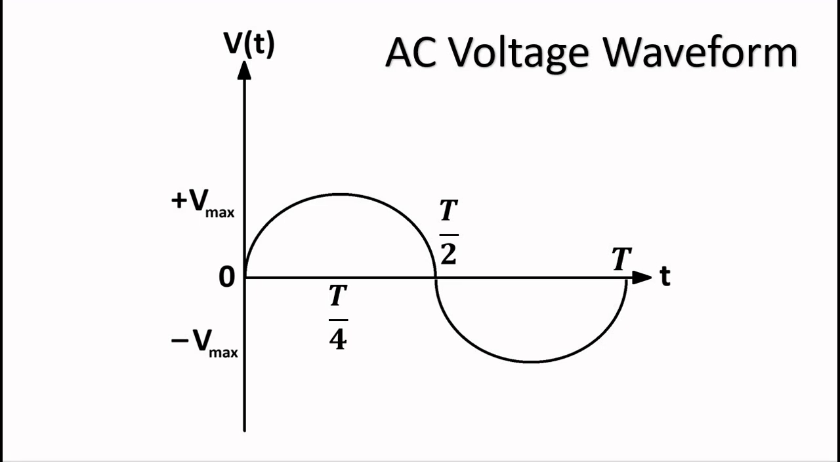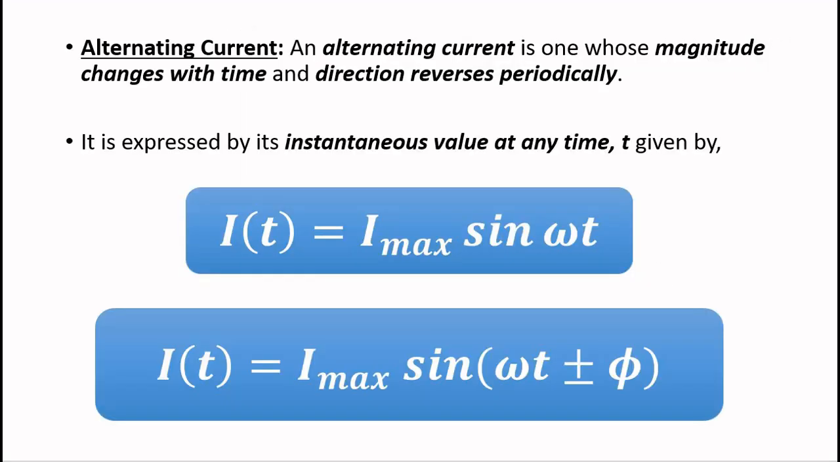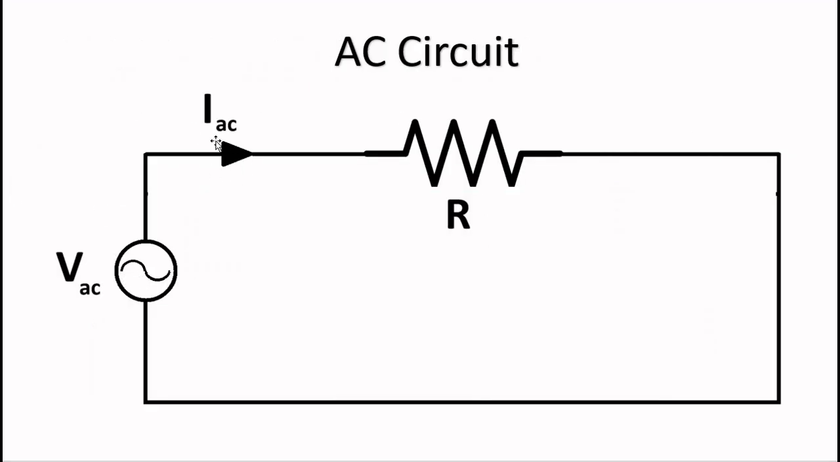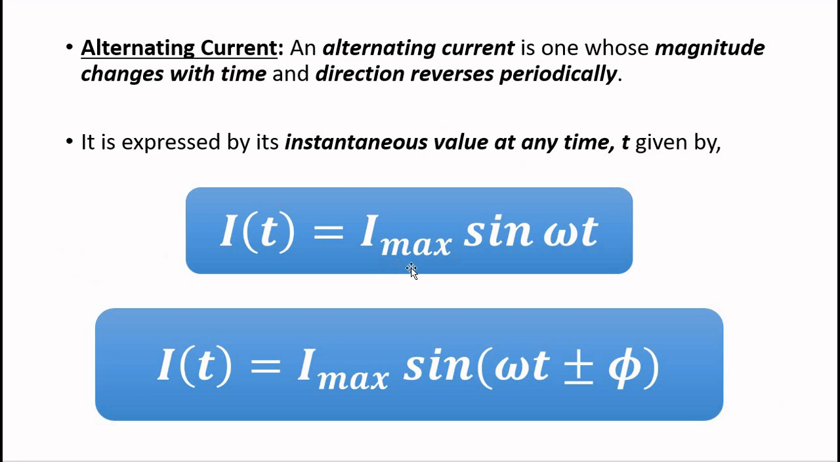The same can be done for alternating current, because when an alternating voltage is applied to a circuit, it results in the flow of alternating current, where i(t) is equal to v(t) by R. So i(t) will be equal to Imax sin omega t with no initial phase angle, i(t) being the instantaneous value, Imax the maximum, omega the angular frequency. Here the initial phase angle can also be considered. Now